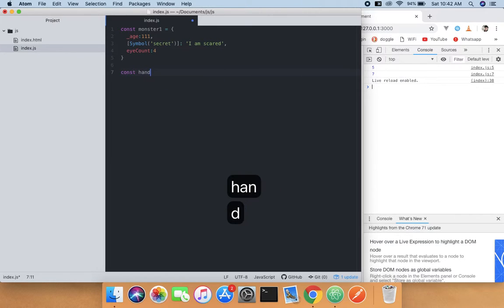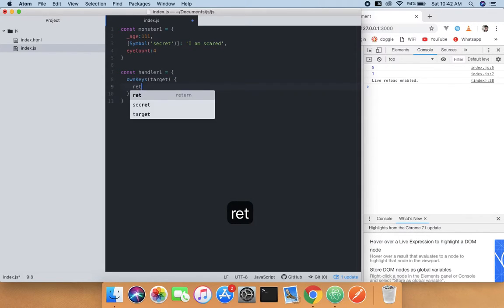Now create another constant. Use handler1 equals ownKeys(target), and what we're gonna do is return Reflect.ownKeys